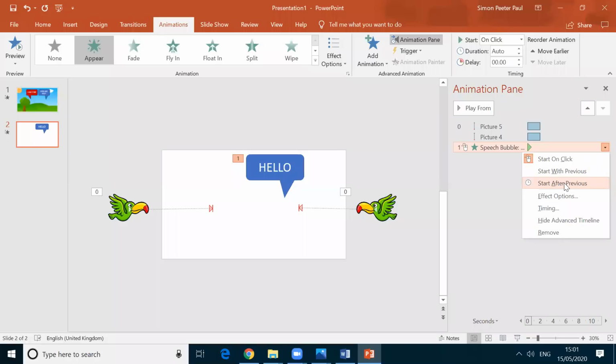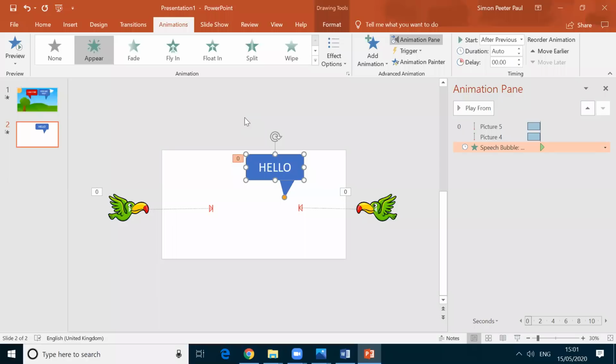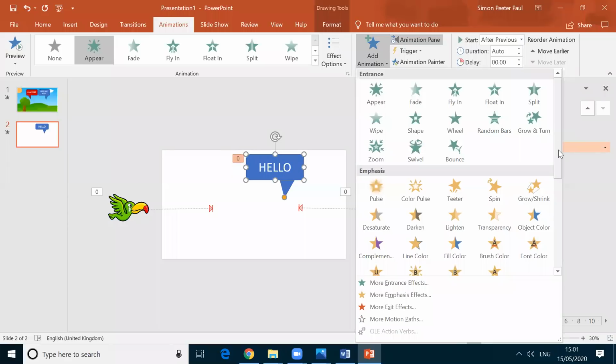It means that after these two birds' animation, it should start. And after that, it has to disappear. To make it disappear, click on this one again, add one more animation to this speech bubble, and then scroll down.